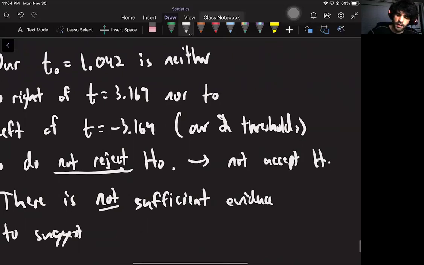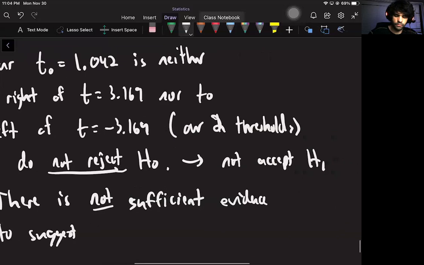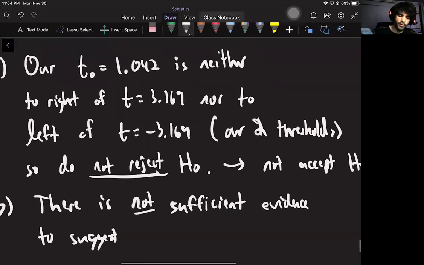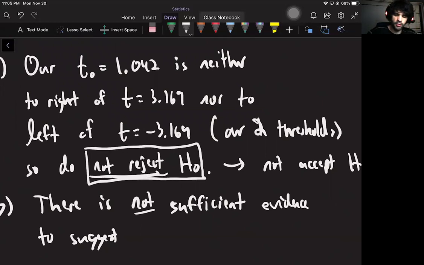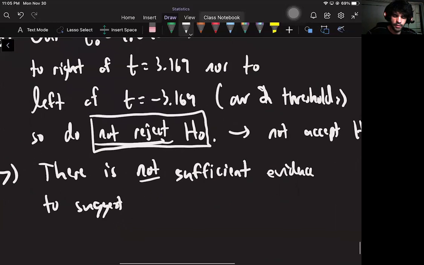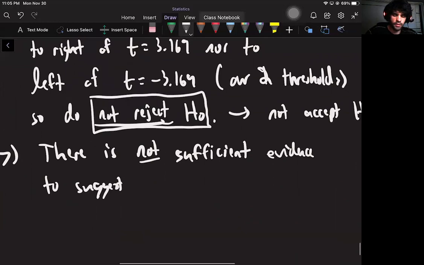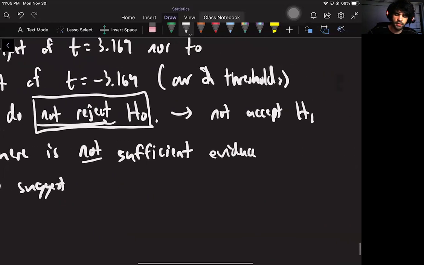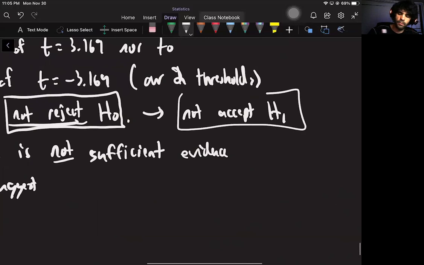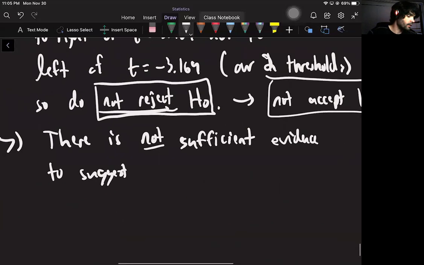So we're not accepting H1 this time. Remember, when you don't reject H0, that's all you do. You don't ever accept H0. So all we get to do is say that there's not enough evidence to suggest that the alternative is true. So now we write that back in context. There's not enough evidence to suggest that